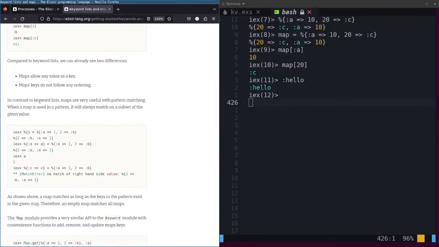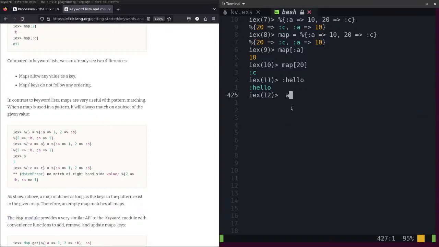In contrast to keyword lists, maps are very useful with pattern matching. Pattern matching. Let me see. Okay, I remember parameters.